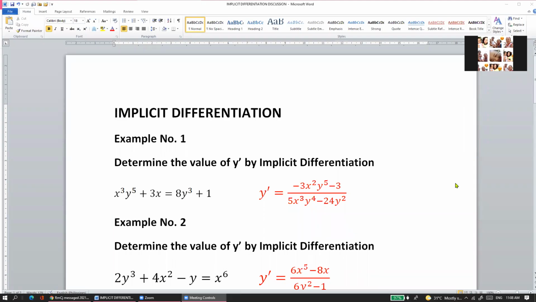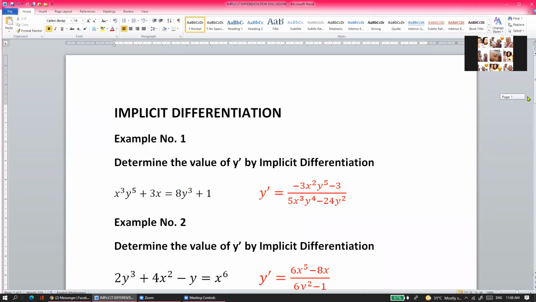Okay, ang lesson natin in our today's session is all about implicit differentiation. So gusto kong maging direct to the point. Nag-prepare ako ng I think 3 examples regarding implicit differentiation process. I will try solving example number 1 using 2 methods and let us see if we are going to arrive